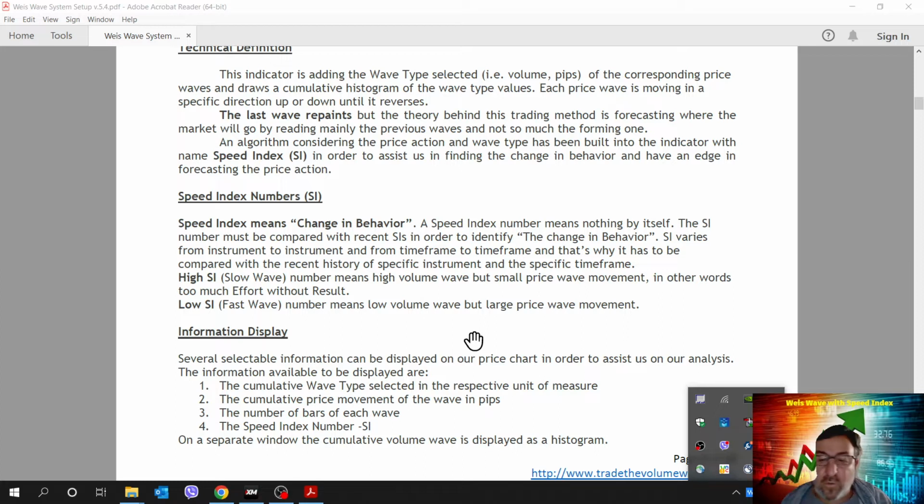Okay, I'm not going to focus on how to read these numbers on the chart. We're going to focus only on indicator features. And if you wish to learn about the methodology, you can find a lot of videos on my site. Plus, if you purchase the indicator, you will get a 2-hour free training. So let's go see what this baby can do, going back and forth from the manual to the indicator.